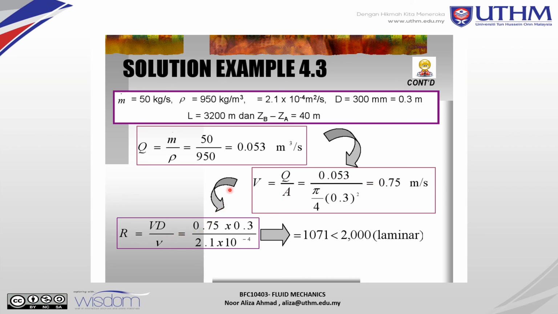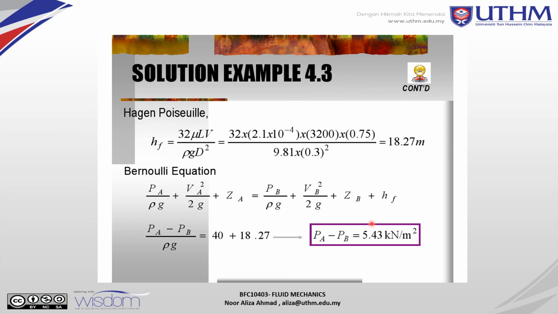We get the velocity value here and just put it into the Reynolds number. This is just viscosity; write in your notes, just correct here, this is the viscosity. Using the Hagen-Poiseuille, you must use this equation. You just put all the values into these equations, so we get HF is this one,